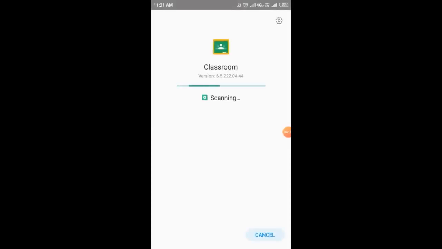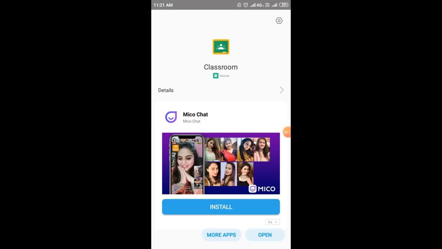If the app contains a virus or malware, you will be notified about the infection. If it is not, you will find this screen where it will ask you to install more apps on your smartphone, or else it allows you to open this app. So I'm going to open this app by clicking on the open button.